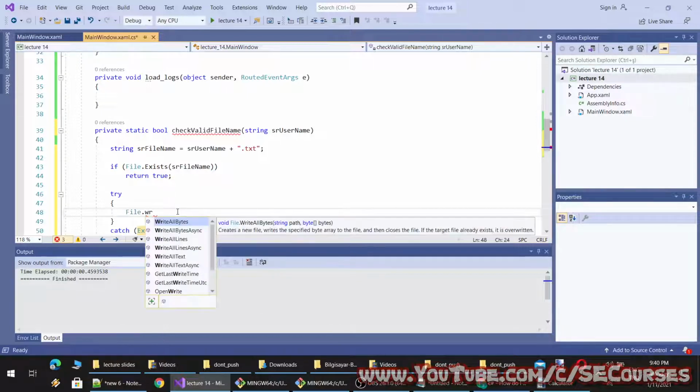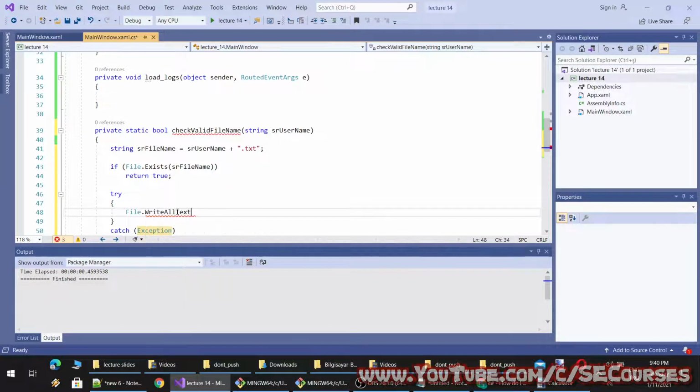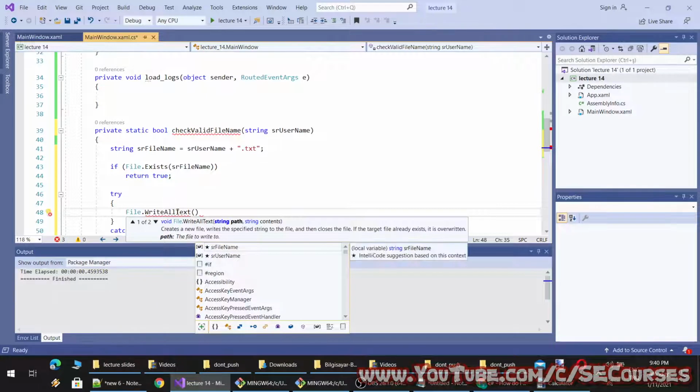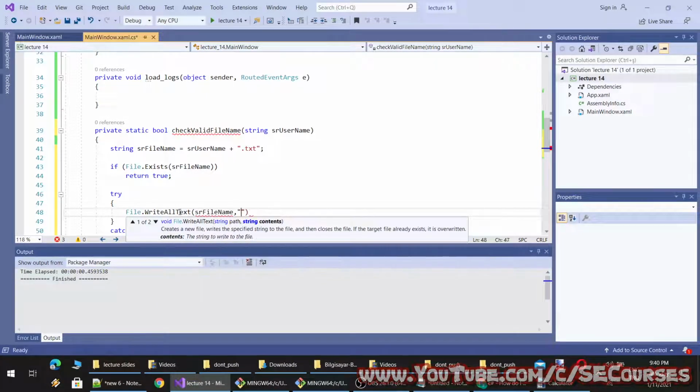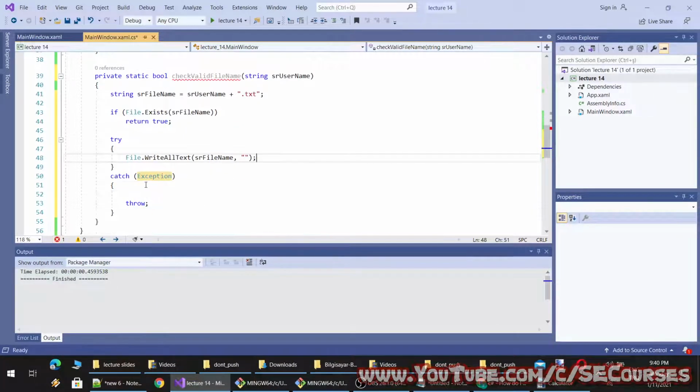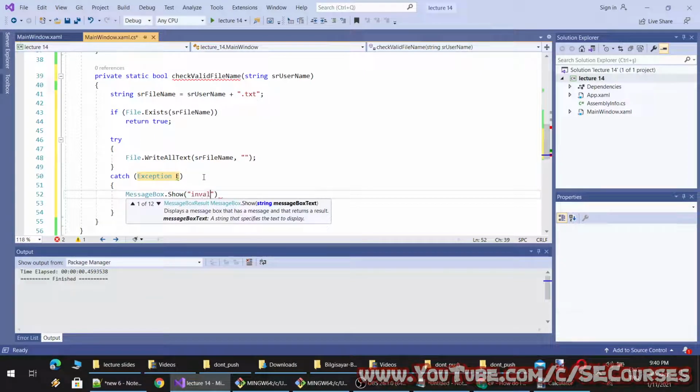File.WriteAllText, and here the path will be our file name and the content will be empty. And if an exception happens, what we are going to do is show the user that an invalid username is entered.